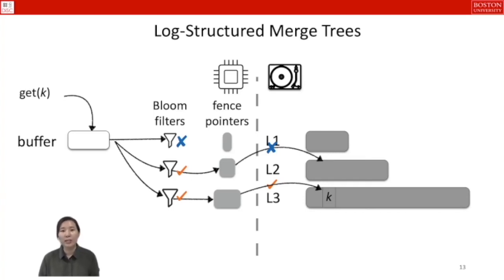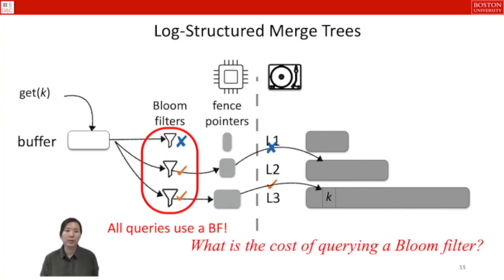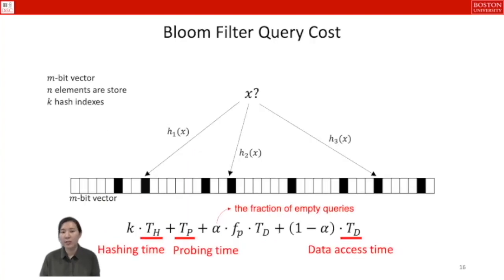Here, we need to take note that the bloom filter is always queried in all levels before finding a match. Then, what is the cost of querying a bloom filter? We model this using TH, TP, TD, and alpha. TH is hashing time, TP is the probing time, TD is the data access time, and alpha is the fraction